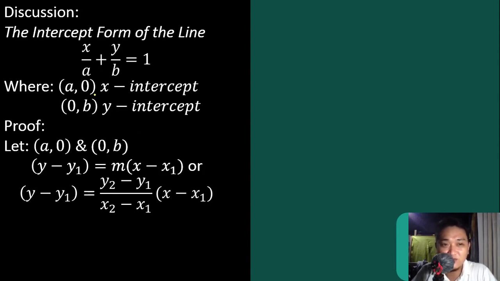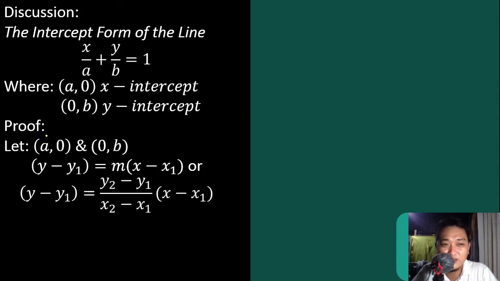Since a,0 is the coordinate for x-intercept, same with 0,b, the coordinate for y-intercept, why not we let those coordinates as our two distinct points, the x and y intercept. If these are the two distinct points along that line, then we can make use of